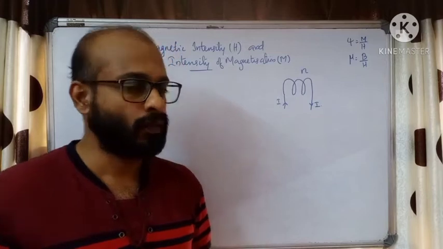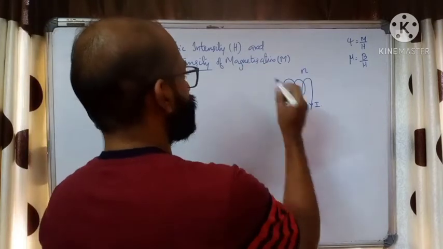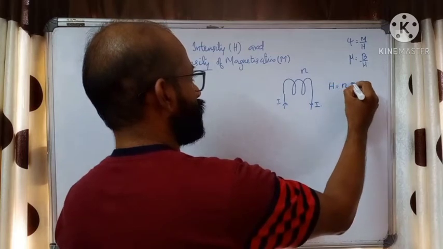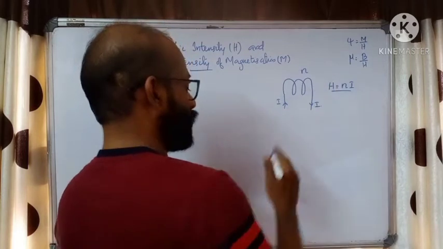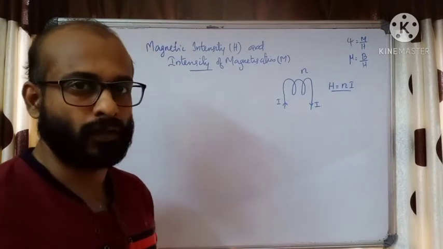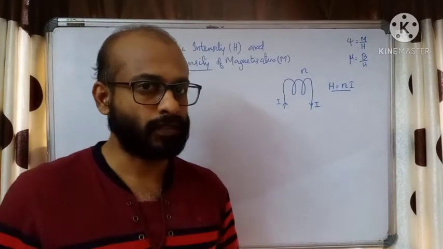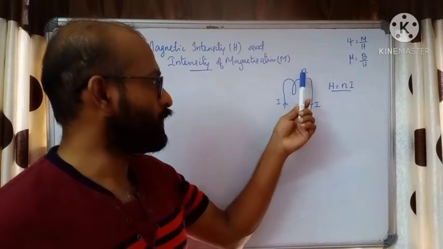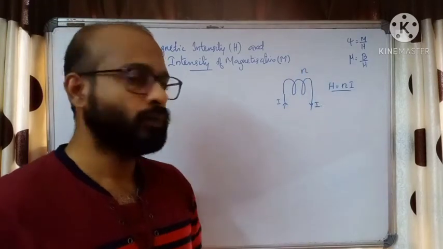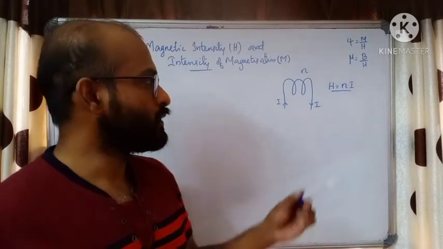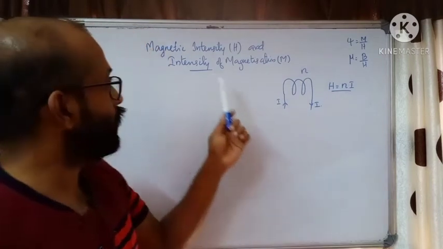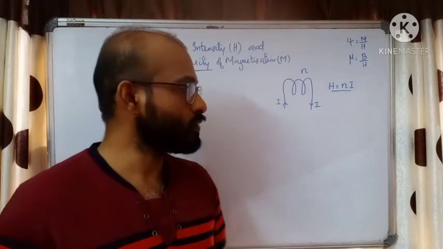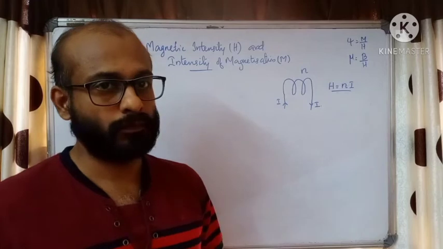length. Or what we can write is the strength of the magnetic field H is depending on two terms, n and I. So how much will be the strength of the magnetic field produced by the current carrying solenoid is entirely depending on the number of turns per length as well as the current. H is equal to n into I. Now this quantity n into I is given a name called the magnetic intensity. So that's the strength of the magnetism produced by the current carrying solenoid.